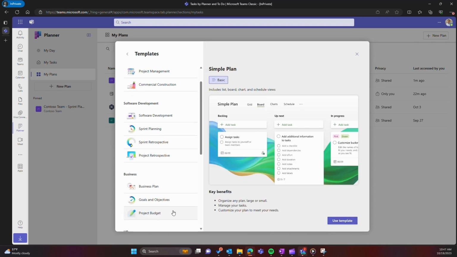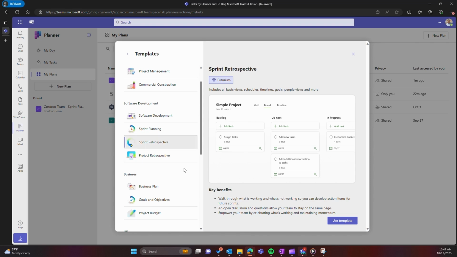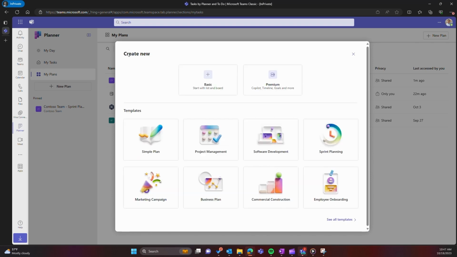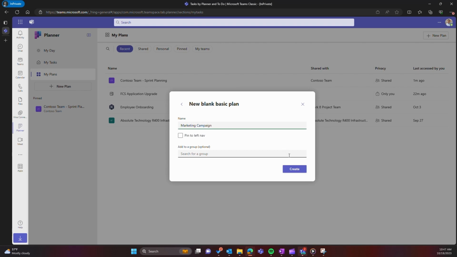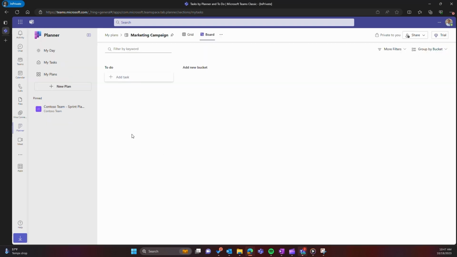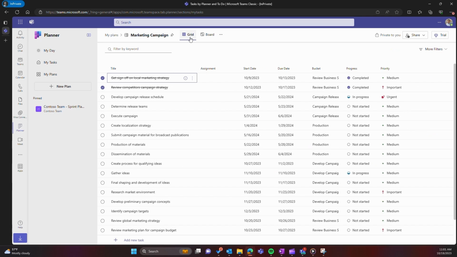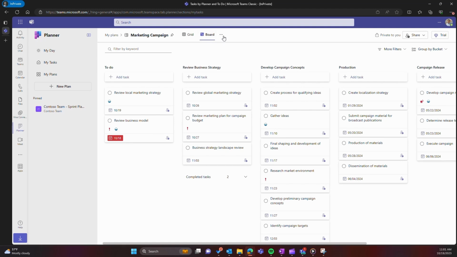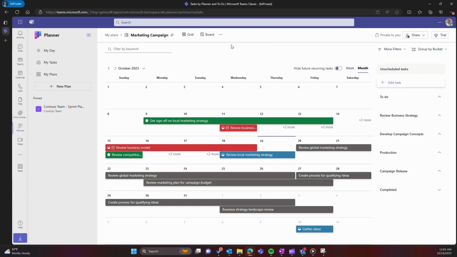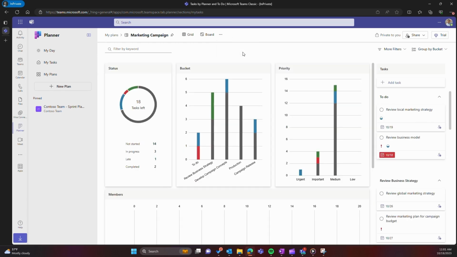Get started using one of the templates like Project Budget, Sprint Retrospective, or Goals and Objectives, or start with a blank plan to create any plan that you need. For now, let's start with a basic plan just for yourself. Here, you can plan out your own work, like a career plan or a personal to-do list, or start drafting work for an upcoming team project, like a marketing campaign. All of the tasks are visible in the different views. Grid view to see tasks in a simple list, board view to see tasks grouped by different fields, schedule view to see when each task will be worked on, or charts view to get a quick understanding of your plan's